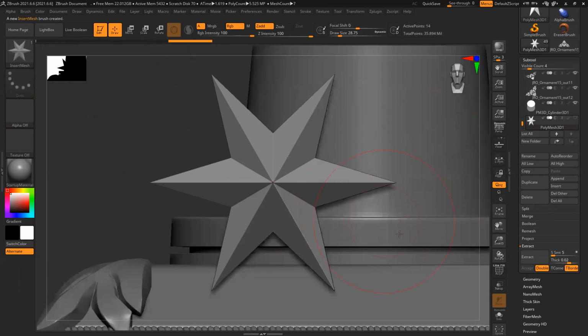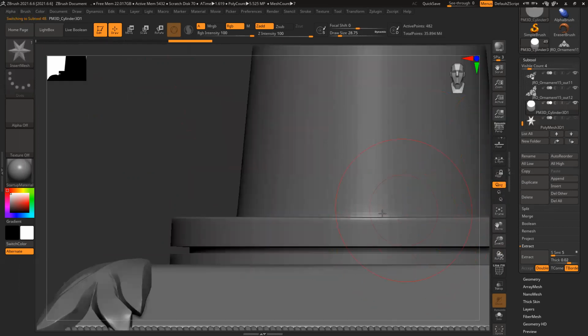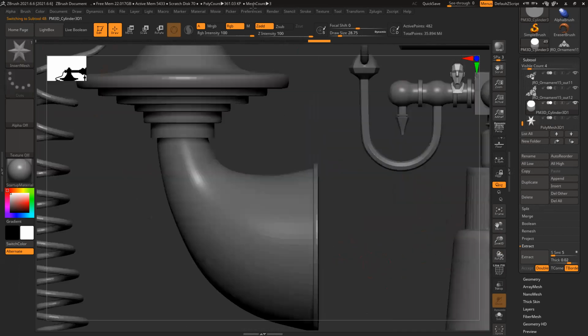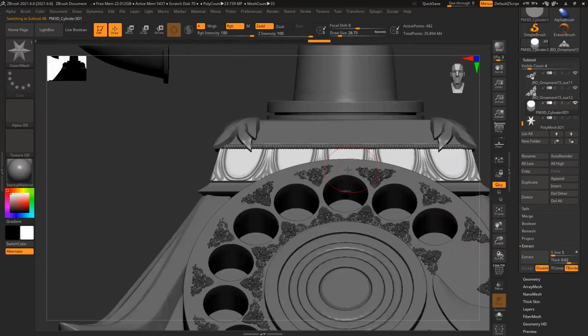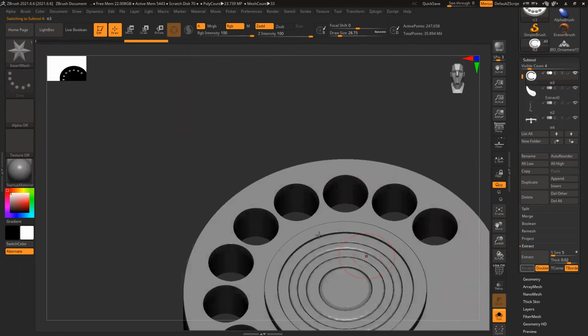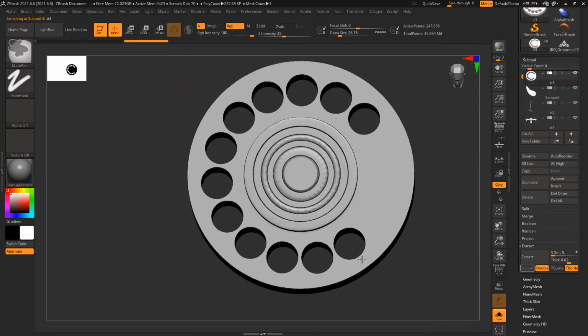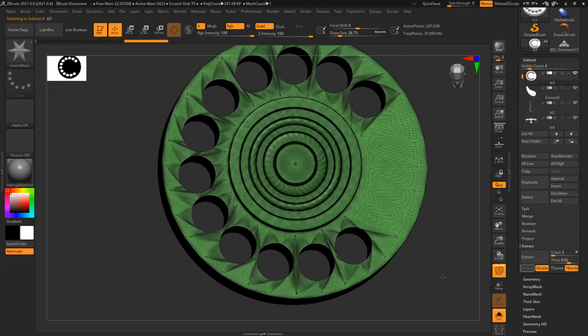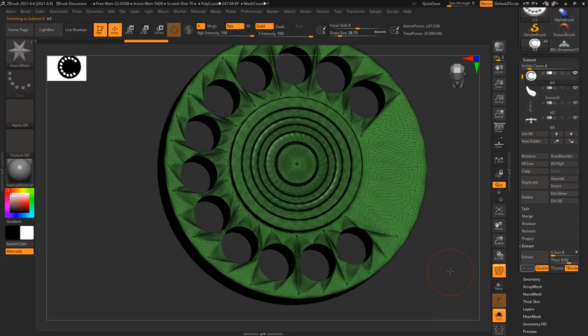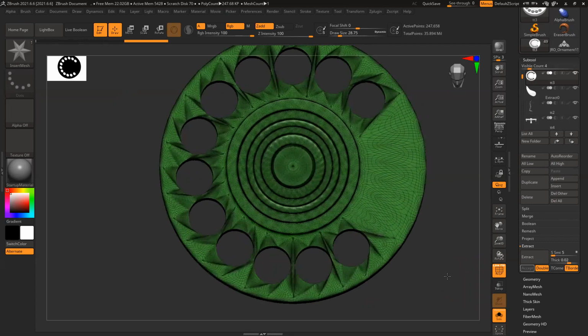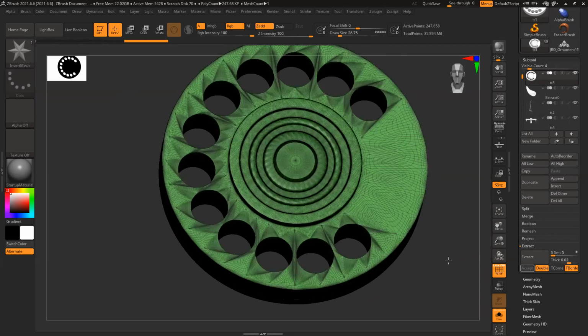Switch on everything else. Zoom out. Select this, solo. Shift F, and now you can see this entire thing is kind of messed up topology-wise.